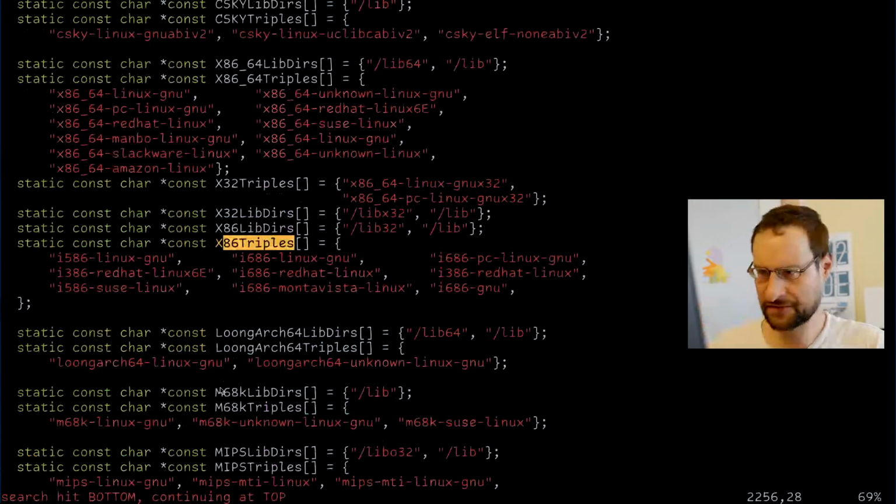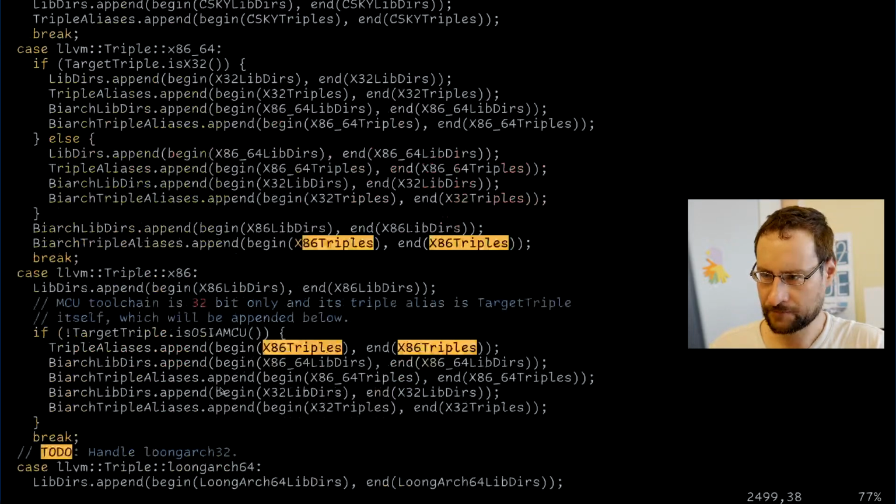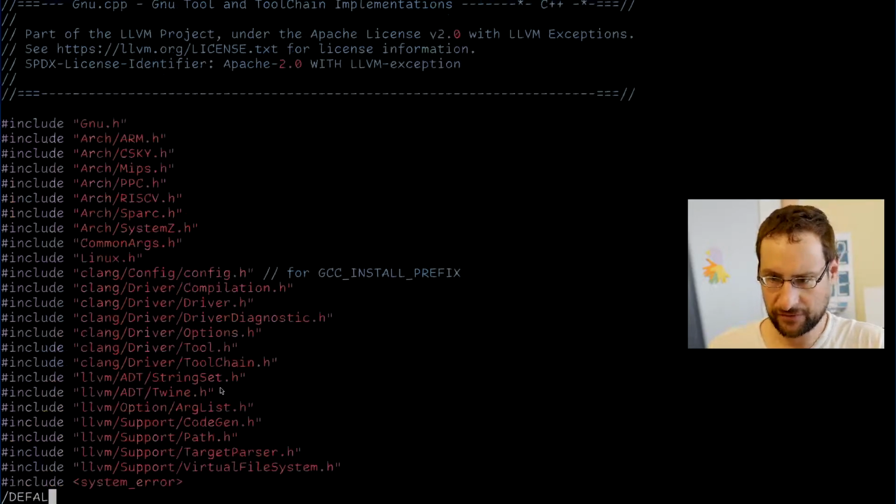Okay, so the best thing would be to check which actually does work. Like here, it's not upstream, but of course we patch that. So where was default?